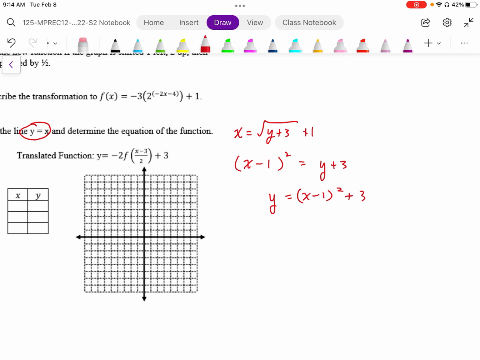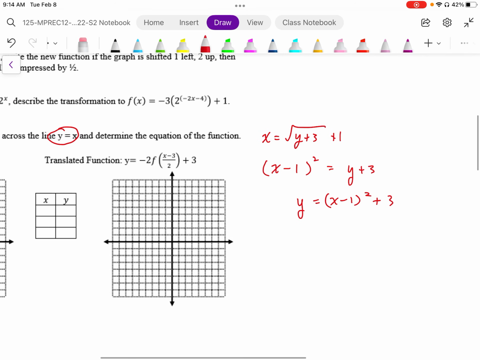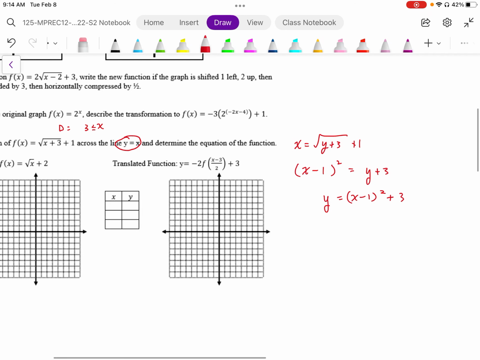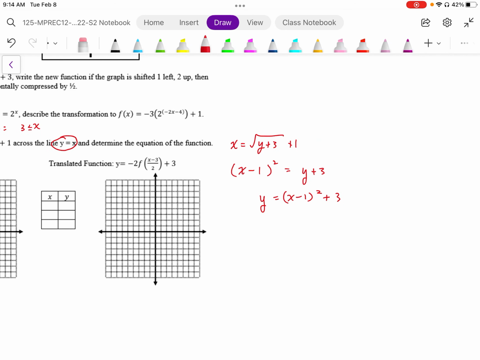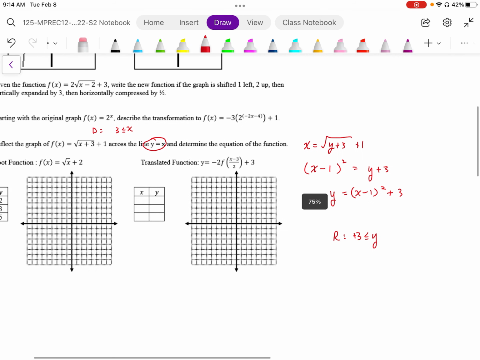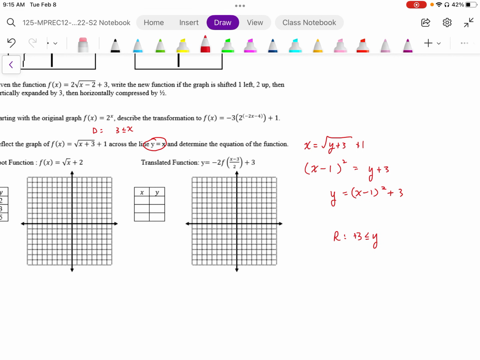Now you have to be careful with this because the domain and range of the function have to switch. So the domain of this function here is x must be greater than or equal to 3. So this means that the range of this function must be the same, which is the natural range of this function. Because of where the vertex is, it's going to be greater than or equal to positive 3. Okay, so the range of this function, though,